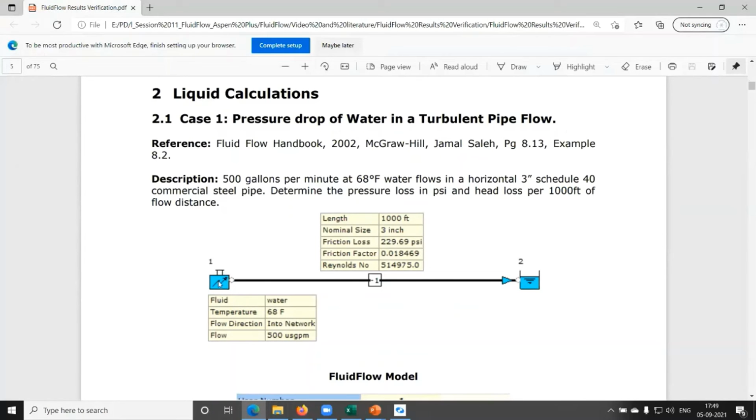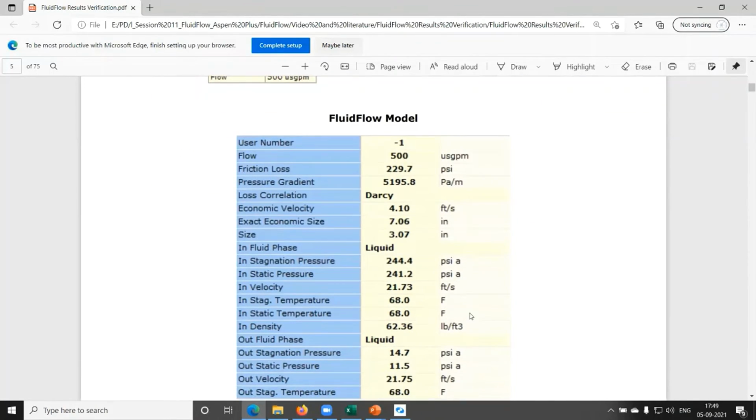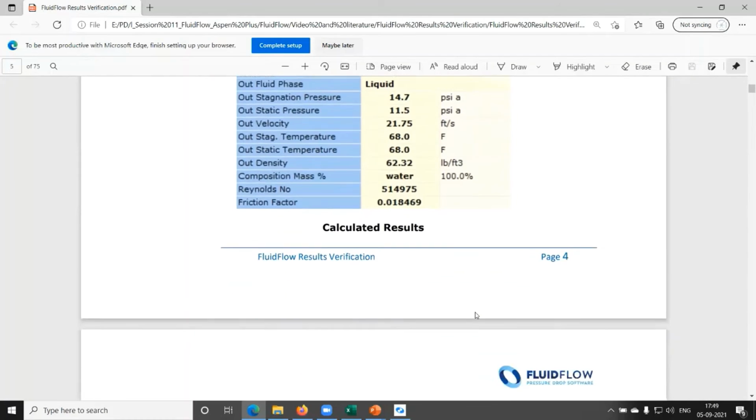Like in this example, you have got something with known flow. The flow, if you see, is 500 GPM. And then there is one pipe, 3-inch, 1000 feet length, and then the outlet is connected to a tank. So once you model this, put in the information, and run it, you should get more or less the same results that fluid flow has got, right?